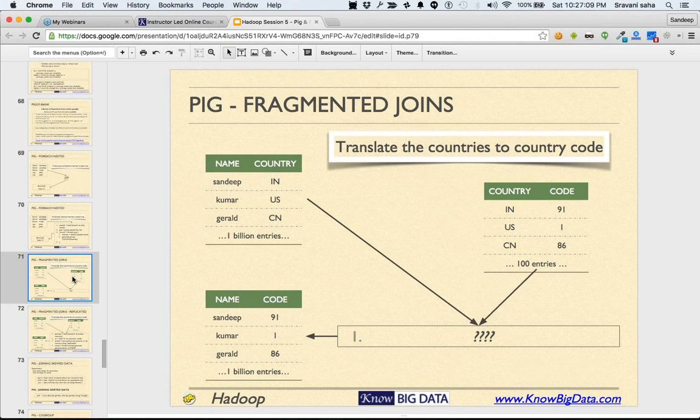Do you still want to go with the standard MapReduce way? Or do you want to do this join on the map side? As in, while our map is going through record by record, it does the join by loading the second data set in the memory, right? So in those cases,